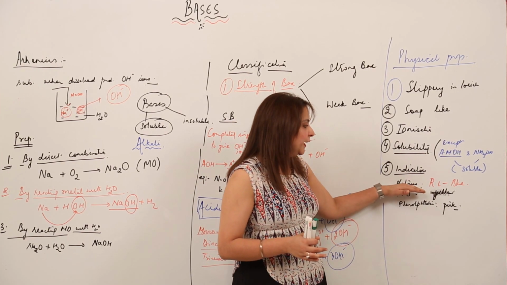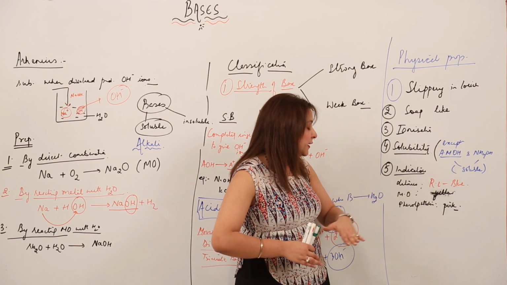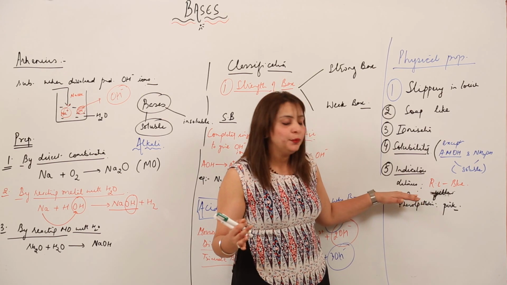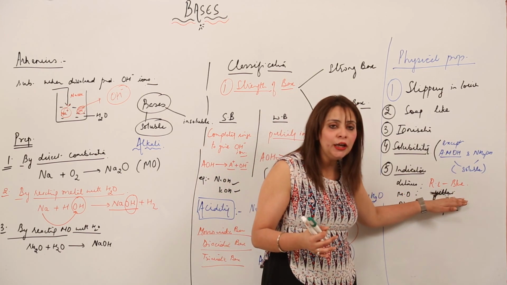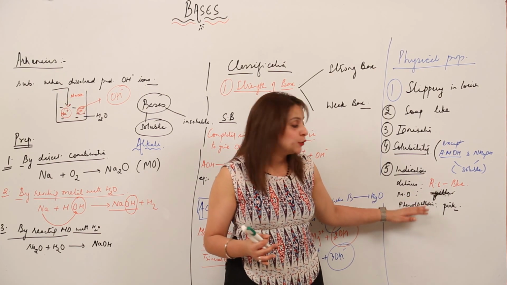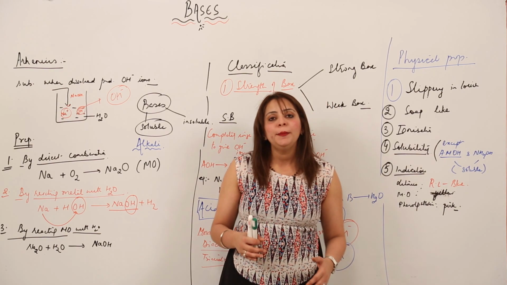On litmus, they turn red litmus blue. What is their action on methyl orange, which is orange? When treated with base, methyl orange turns yellow. And phenolphthalein, which is originally colorless, changes to pink when we add base to it. Now we will be taking up the chemical